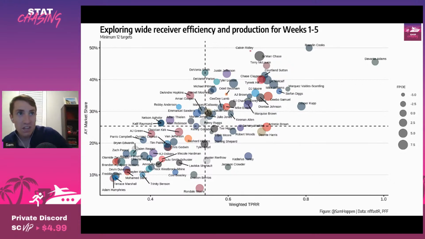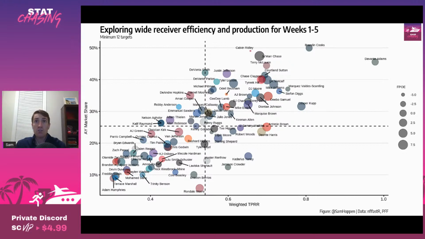And the problem here, if there really is one, is that these three cannibalize each other's opportunities because of how good they are together. They're also one of the least concentrated passing attacks right now. They have the 9th lowest combined target share among the top 3 targeted players, but their pass rate over expectation is the highest in the league.